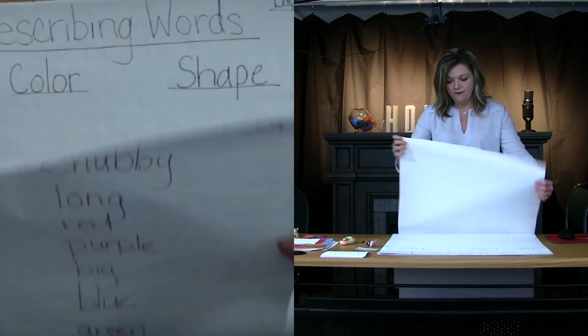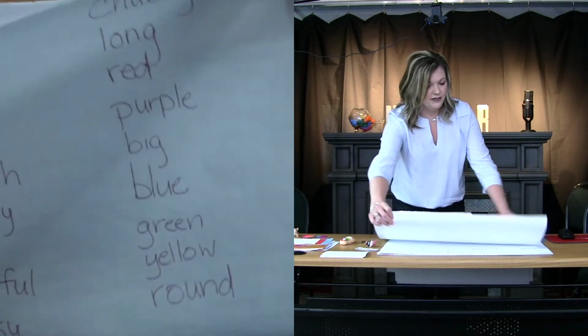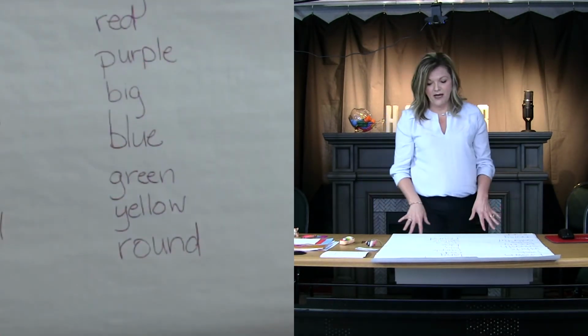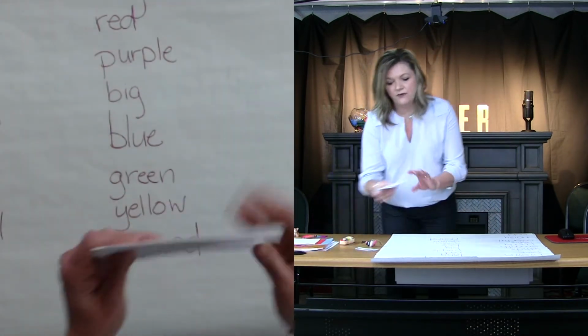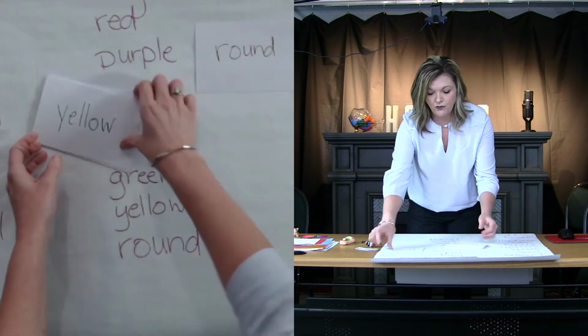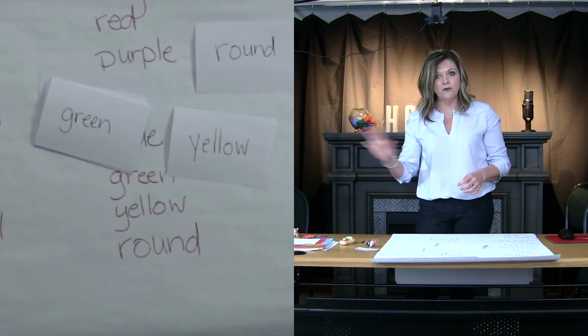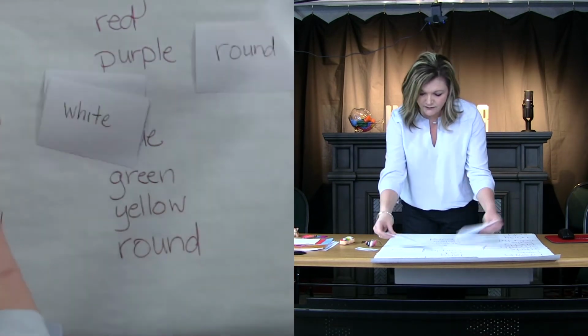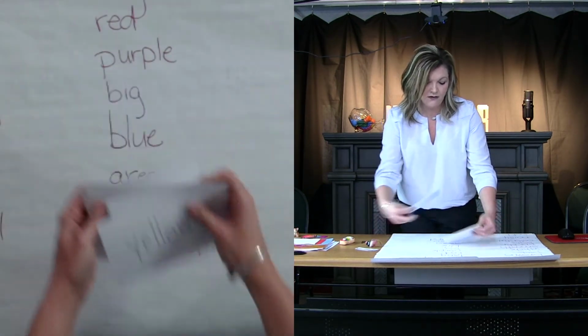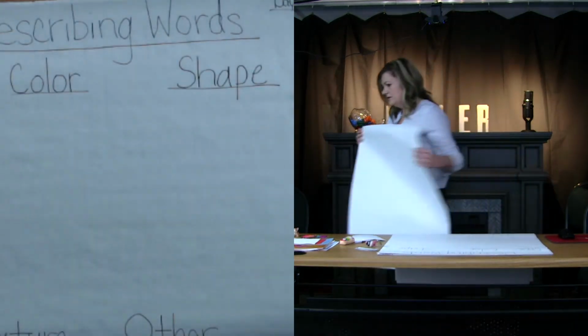So after day 1, every word that is written on your chart paper, you're going to write on index cards. You're going to put 1 word per card, and then you're going to tape these to your wall somewhere in the classroom. Just randomly put them up on the wall. So for day 2, you're going to